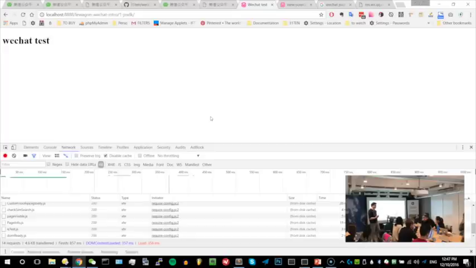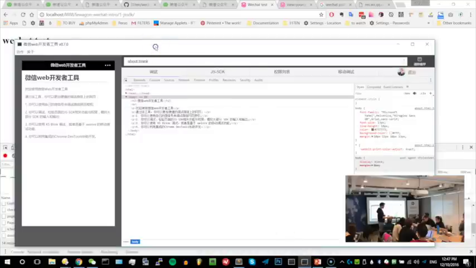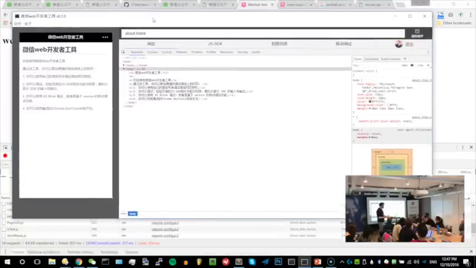That's where I told you that it's actually very hard to debug, because tools like Chrome don't work for that. 1.5 years ago when I was starting to develop this, I had no other tools than my phones to debug, and that was horrible, that was terrible. Now they put out a very nice tool, the one I asked you to download, called the WeChat web inspector, that emulates a WeChat browser.